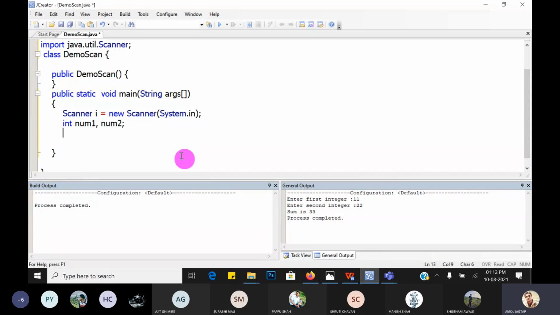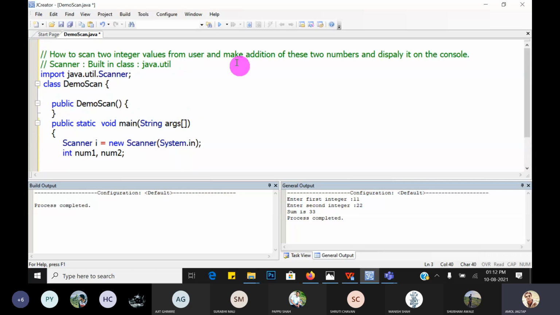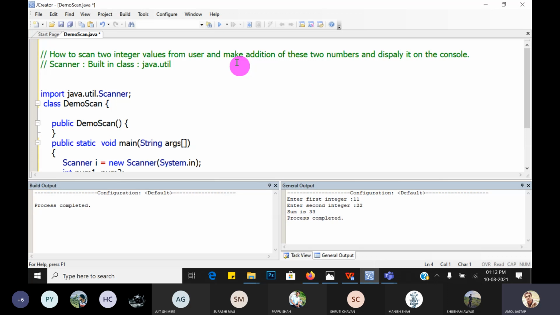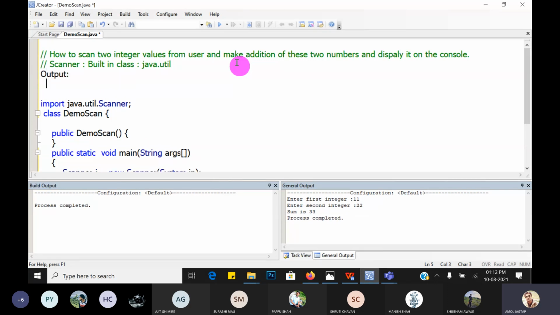So how does the output look on the console? Output looks similar on the console. I will show the output, how it looks. The output will look like this. First message is there: enter